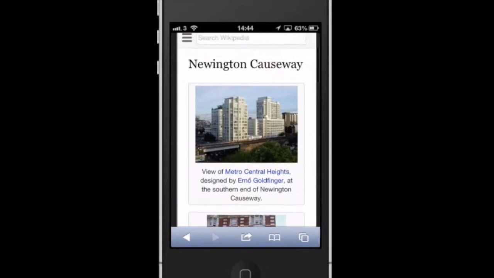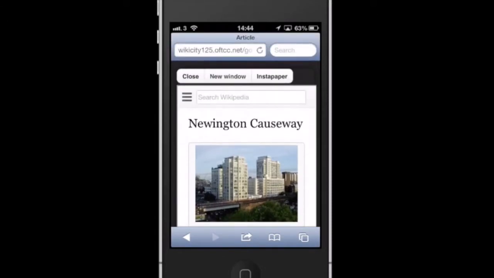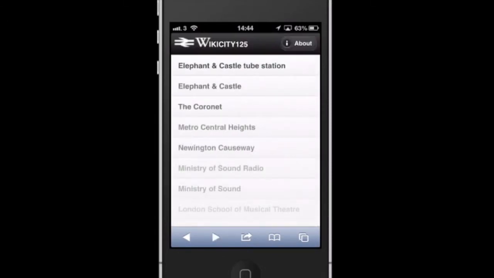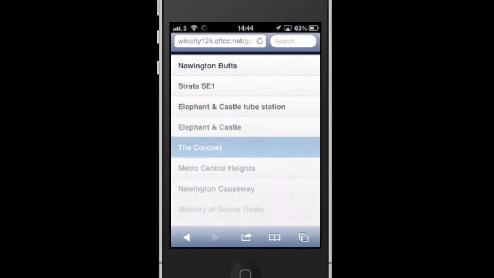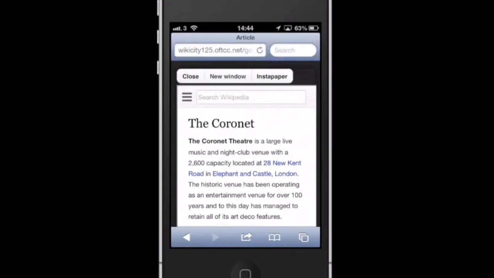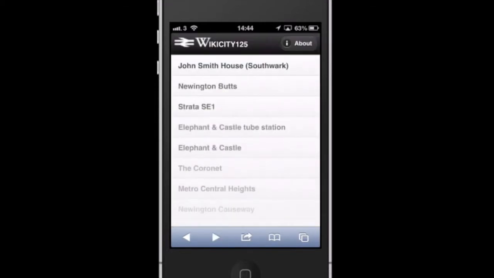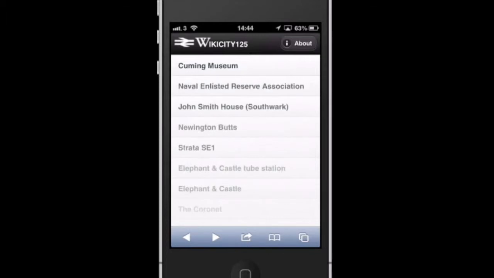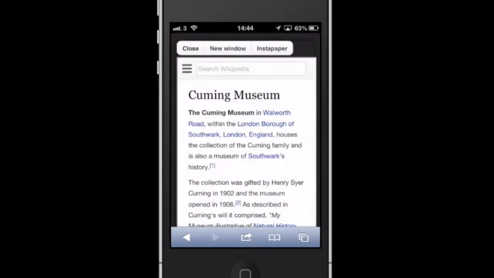So the way it works is, as you move, new items appear on the list. You can click through. That should be moving. Why is it not moving? Anyway. You can click through to them. You can save them to Instapaper to read later. It uses an API called WikiLocation, which is something someone's made that scraped all of the Wikipedia articles and put a location on them. There's probably a different version of that if you're cycling or walking. So the next one,